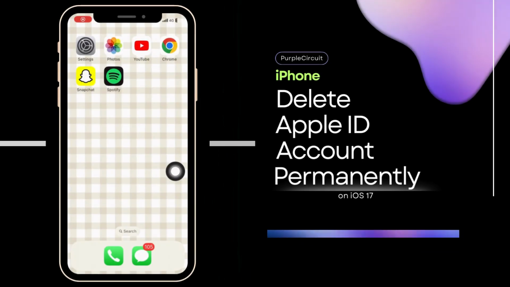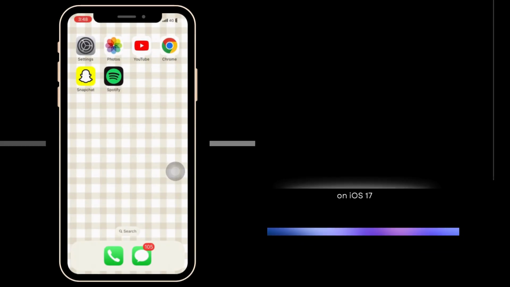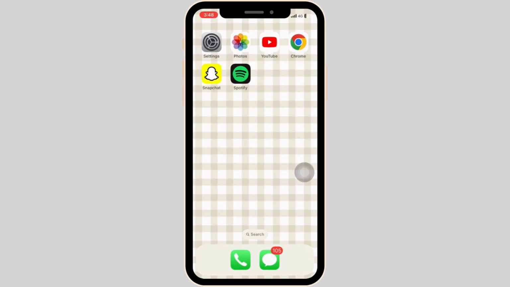How to delete Apple ID account permanently on iPhone. Here's what you need to know before you delete your account. All data associated with your Apple ID is deleted from Apple's server files stored in the iCloud, such as your documents, photos, videos. You will stop receiving calls and messages sent to your account from iMessage, FaceTime, and iCloud mail services. To delete your account, go to your browser